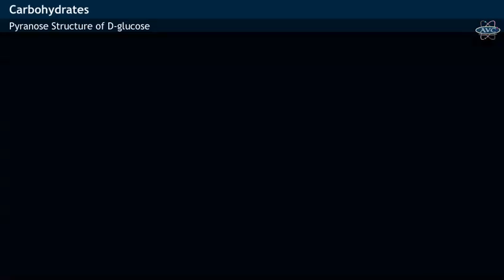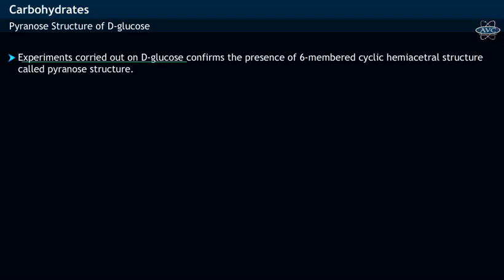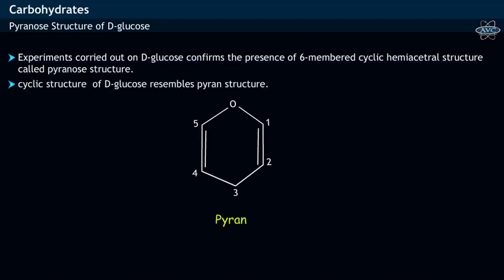Pyranose structure of D-glucose. The experiments conducted on D-glucose have confirmed that D-glucose has a 6-membered cyclic hemiacetal structure. The 6-membered cyclic structure of D-glucose is called a pyranose structure. The pyranose structure of D-glucose resembles the structure of pyran, a cyclic compound containing 5 carbons and 1 oxygen present in